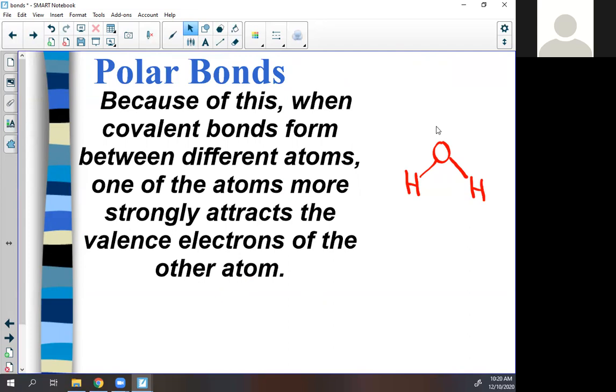Oxygen's electronegativity is a 3.5. Hydrogen's is a 2.1. And remember, electronegativity is how attracted the electrons are. So the electrons that are shared right here, instead of being shared completely in the middle, they're actually shared,